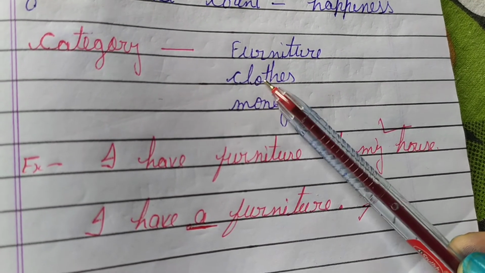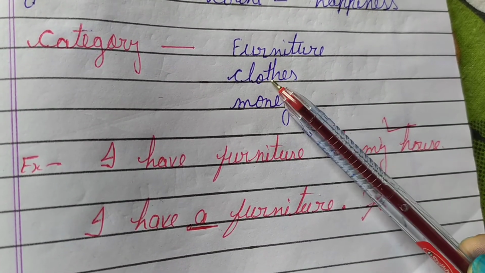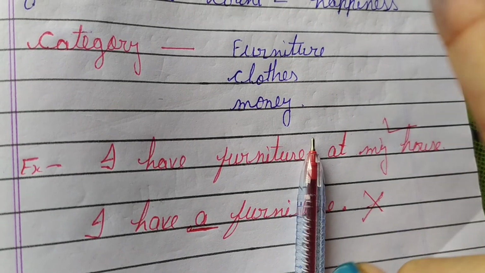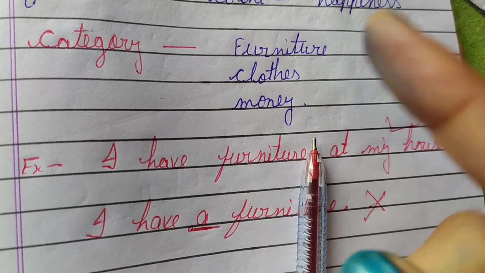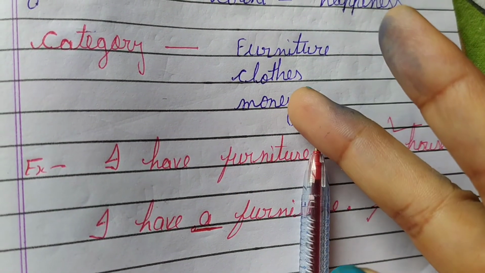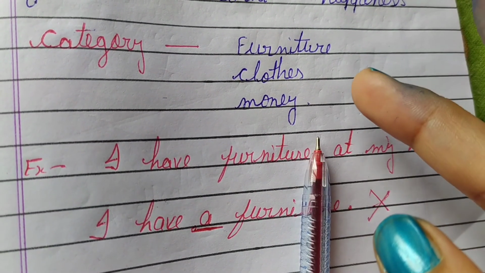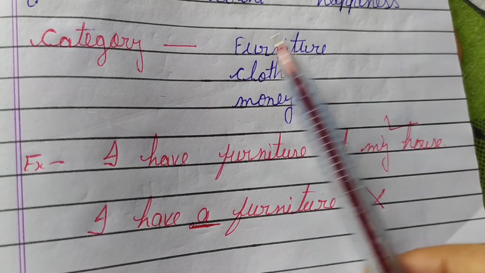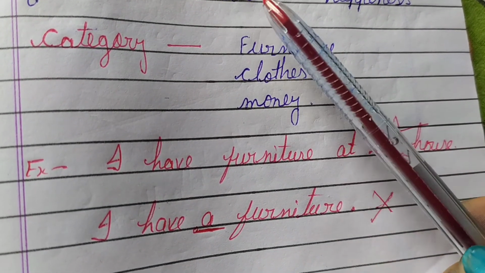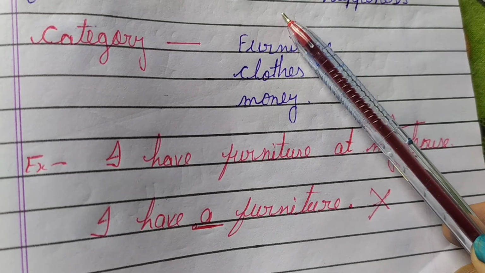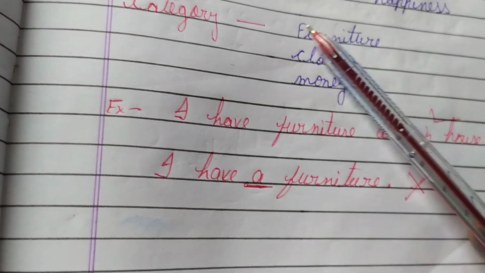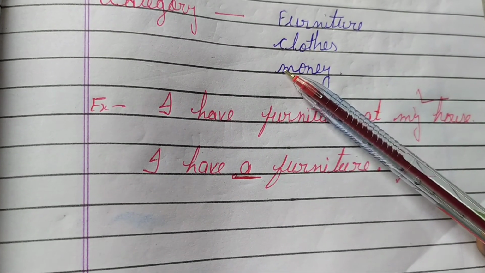It's the same with the word clothes. Clothes never changes, it always stays the same. I can't say I have one clothes, I have two clothes, I have 4 clothes. You can't say I have 5 clothes. No. In English, we can't do this because these are categories. So this is the end of this video. Okay. Thank you.